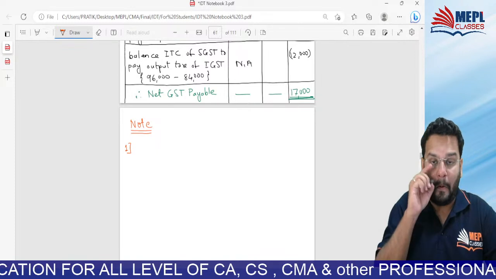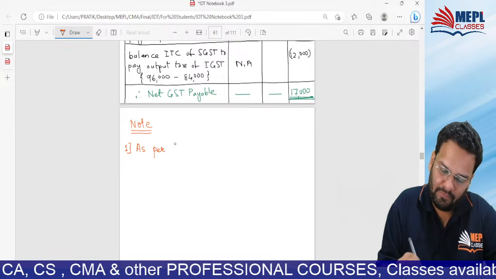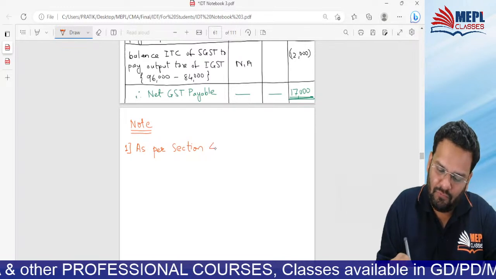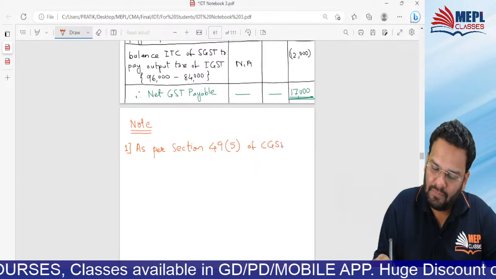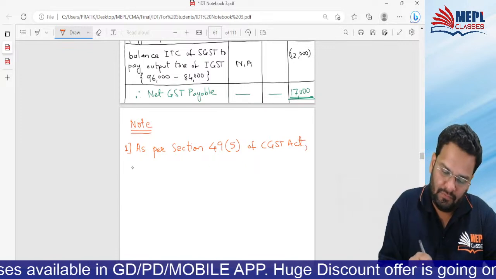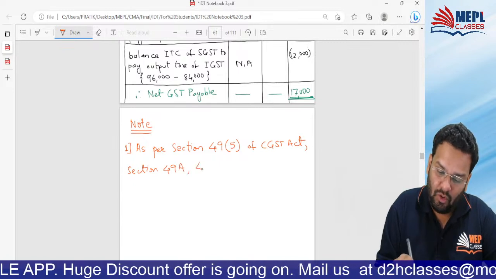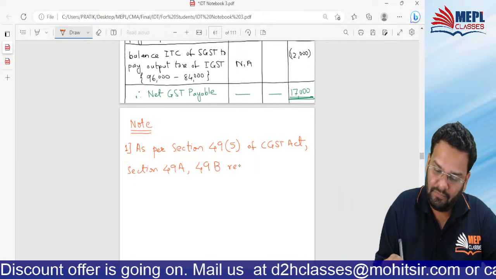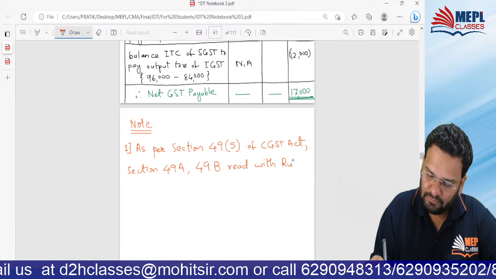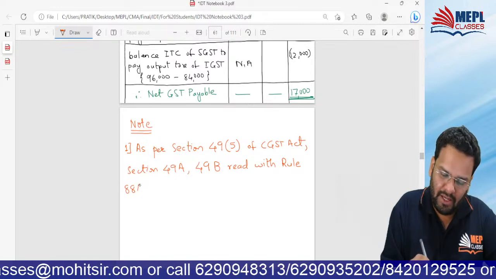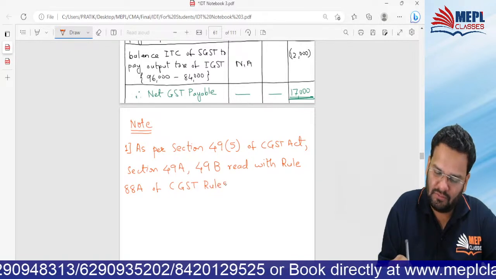First, as per section 49, subsection 5 of CGST Act, section 49A, 49B, read with rule 88A of CGST rules,